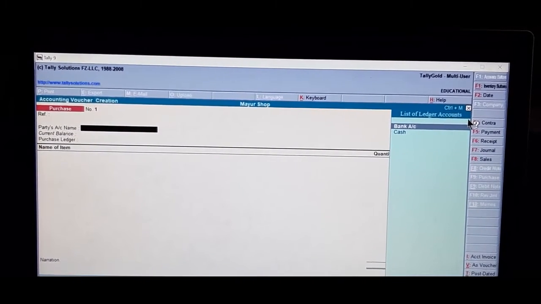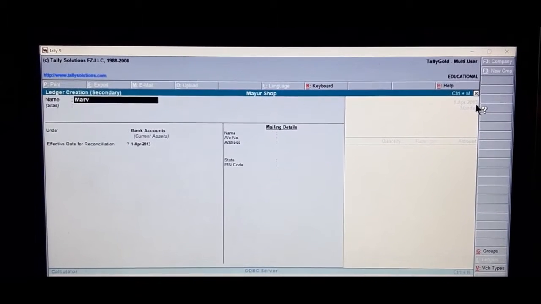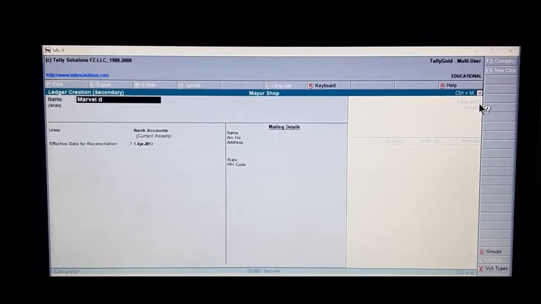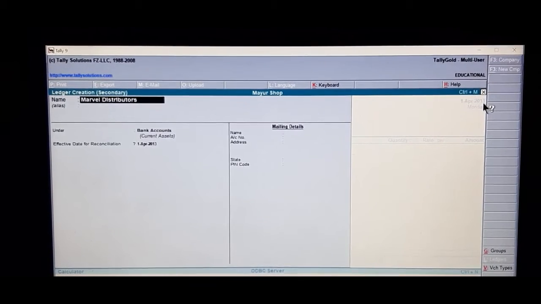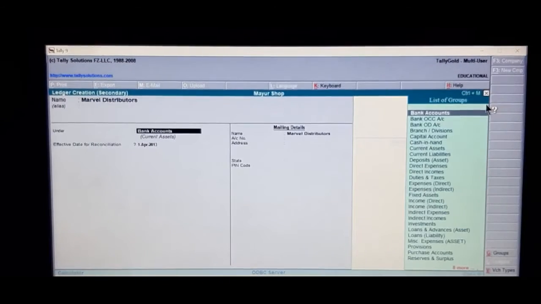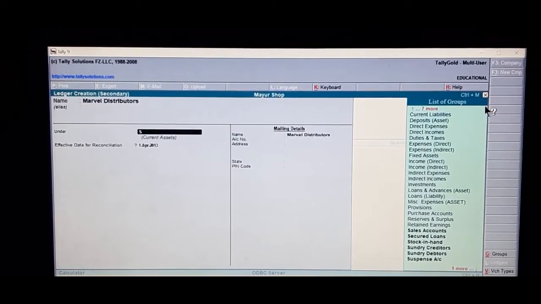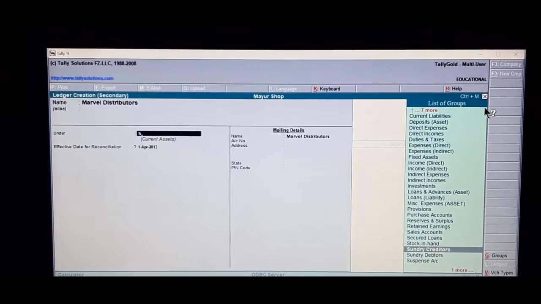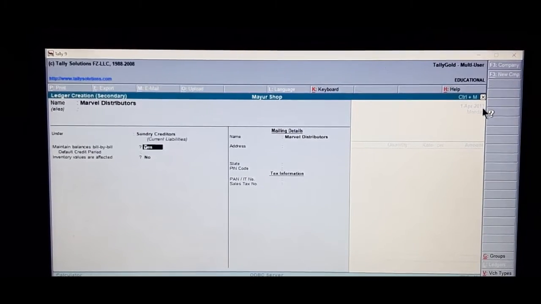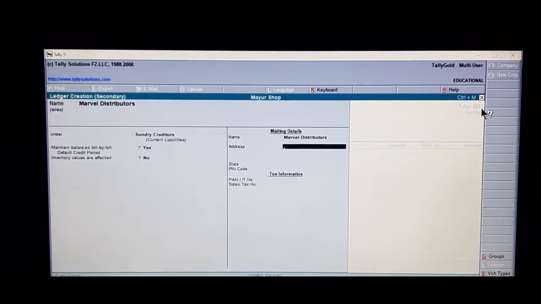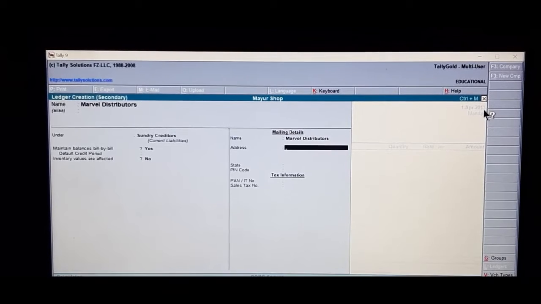Alt C to create Marvel Distributors. This has to be allocated under the group Sundry Creditors. Maintain balances bill by bill, yes. Remaining parameters we are not entering. In that case, we can save and quit back.